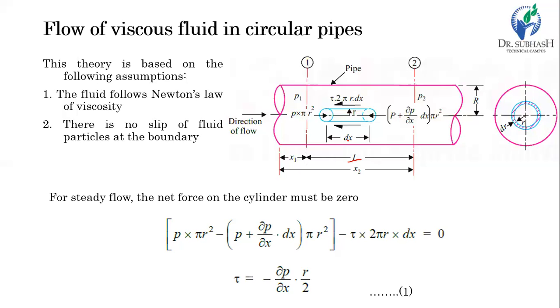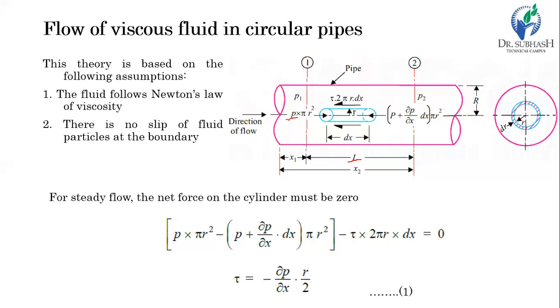Now we will try to derive it considering the pressure force and shear force acting on this cylindrical volume. Let's consider the cylindrical volume has a radius of small r, which is noted here. For the calculation of pressure force, we must first consider the intensity of pressure multiplied by the area. Then we can calculate the total pressure force. On the left hand side of the cylindrical volume, the intensity of pressure is, let's suppose, P, and thus the pressure force will be P into pi r square. Pi r square is nothing but the cross section area of this cylindrical volume.